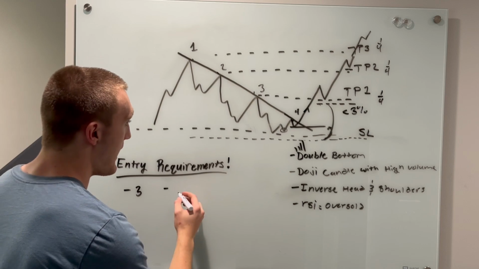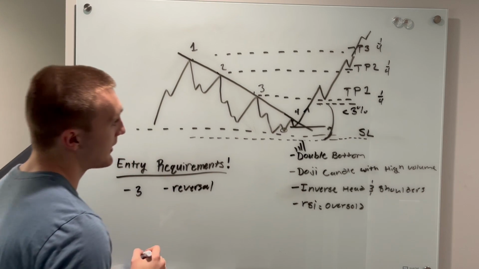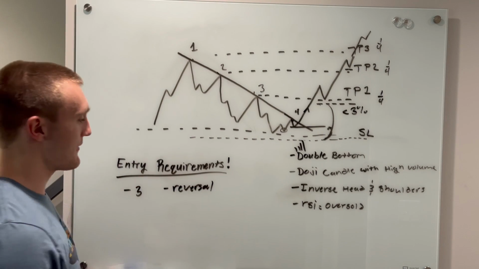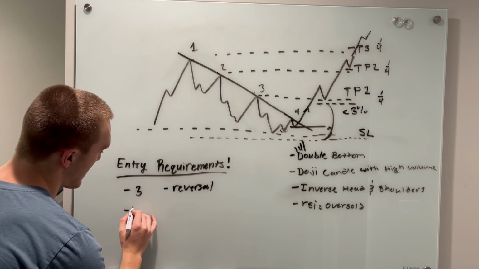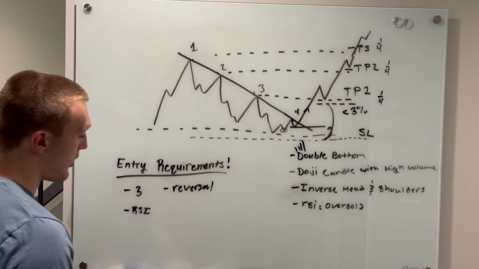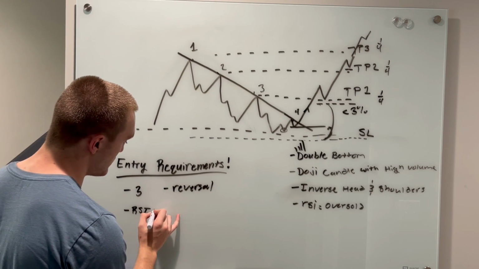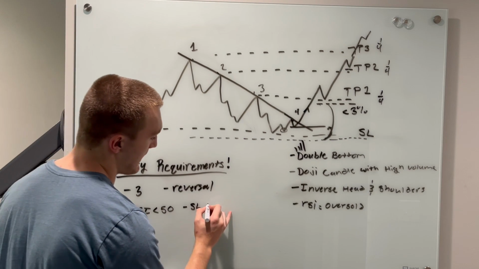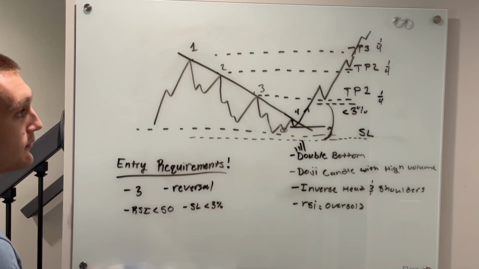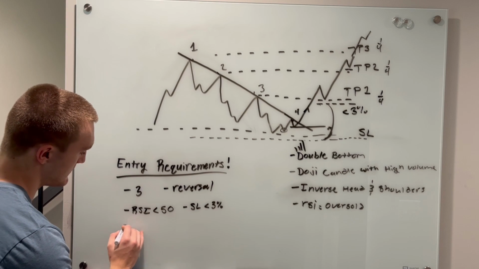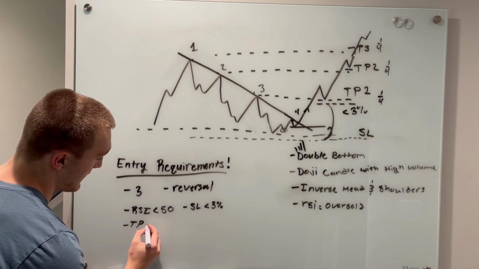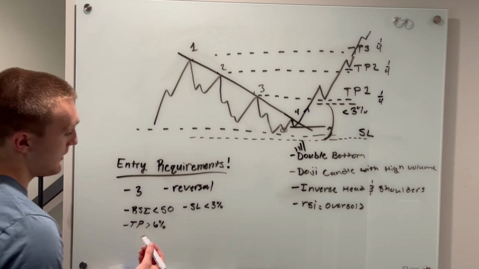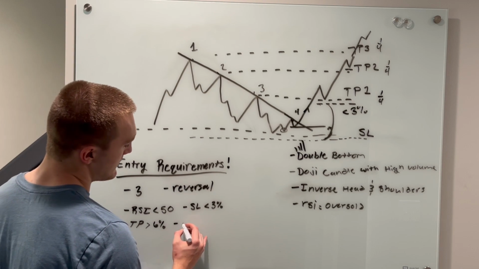Then we want to see a reversal pattern, either a double bottom, inverse head and shoulders, a doji candle with extremely high volume. Ideally, we want our RSI to be oversold, but that's not always the case. So we want to have it under 50. Our stop loss has to be less than 3% away, which means that our take profits has to be more than 6% away. If we're risking 3, we need to see a transition from light volume